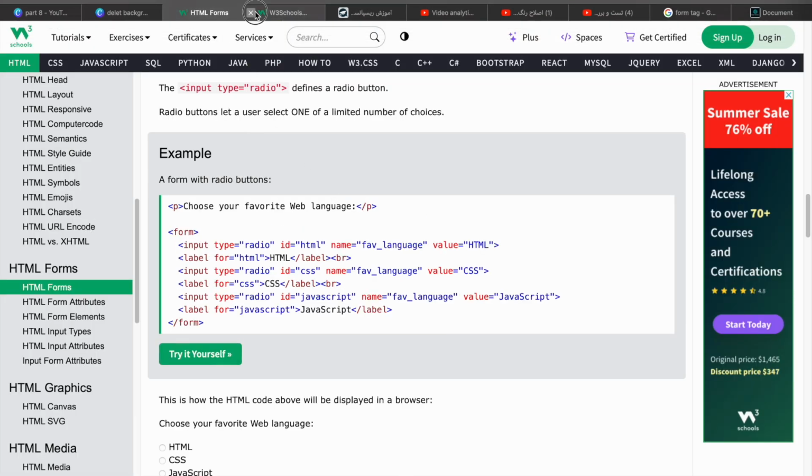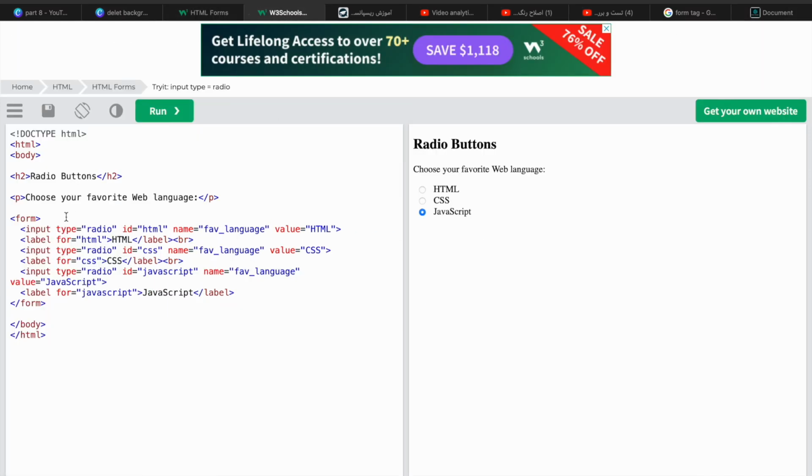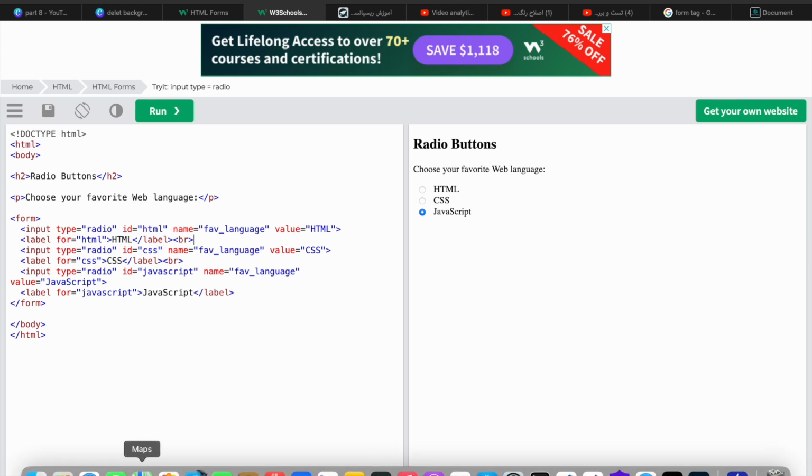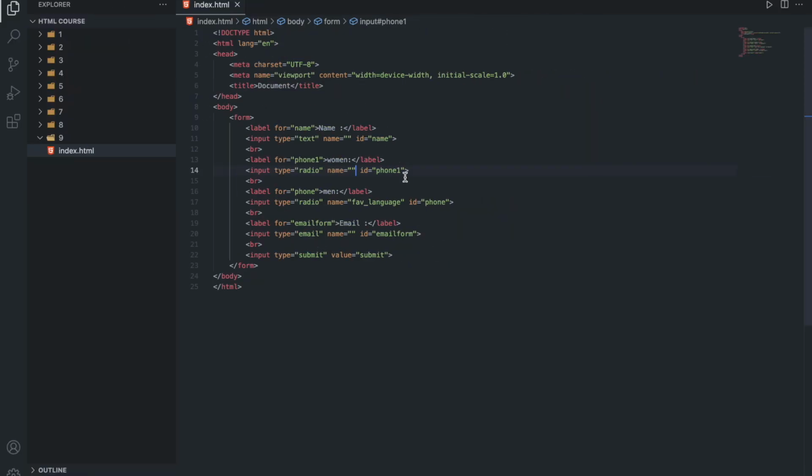We have a bug. So type radio, ID, and it should have the value. If you want it not to show any label, let's write the value for it. For example, I write some value for,